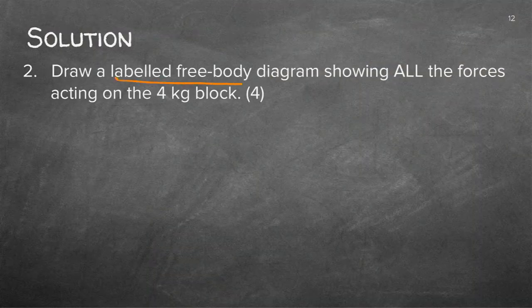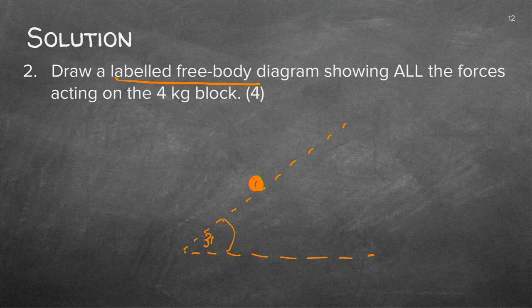Draw a labeled free body diagram. Labeled, always the names. Free body. Now you recall, we always made a dot for the object. Remember, we've got this incline there. There you have it. And this is 30 degrees. What will be the forces in this free body diagram? Now let's draw the first one. The first one will be the one downward, and you can name it FG.